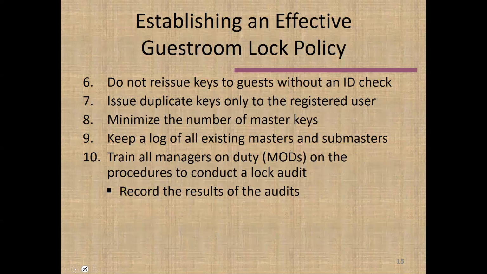You may think, well, this person has the same home address on his driver's license as our guest, and they happen to have the same surname, so surely this is the spouse. Of course I can issue a duplicate key under those circumstances. But what you don't know, potentially, is that maybe this is a domestic abuse situation. Maybe the husband or wife has left the home and moved to the hotel because of concerns about personal safety with respect to his or her spouse. And so we don't want to issue keys willy-nilly under those circumstances. We shouldn't assume that we know what's going on in the relationship.